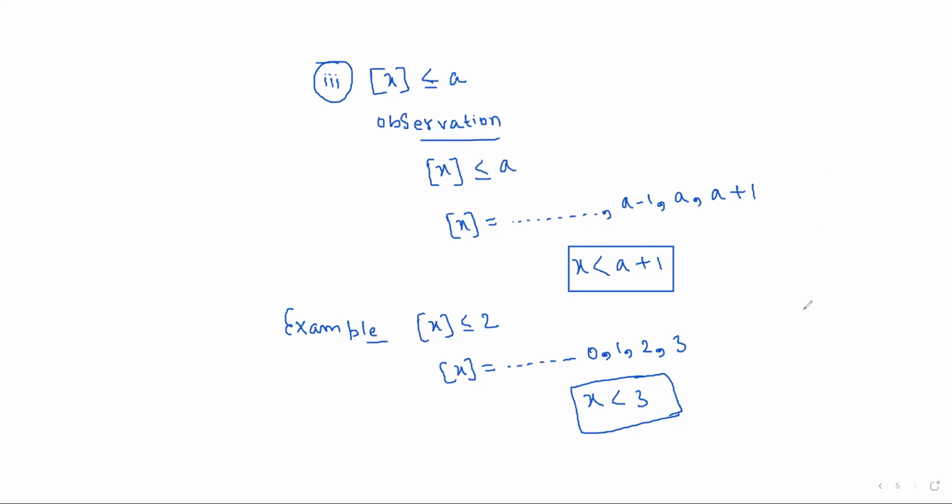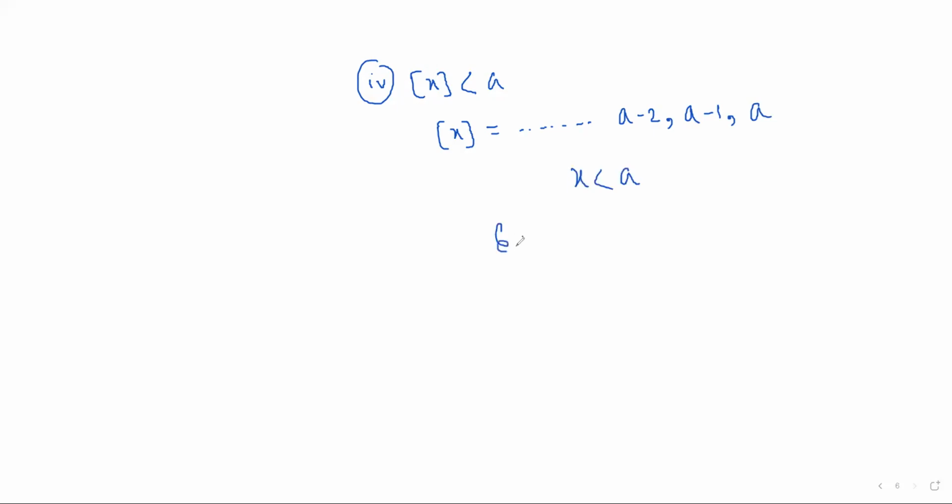Okay, and fourth case is that greatest integer function of x less than 1। तो simply beta greatest integer of x is what, let's say beta defined value, let's say a minus 2, a minus 1 or a, this is happening here, so x is less than a।